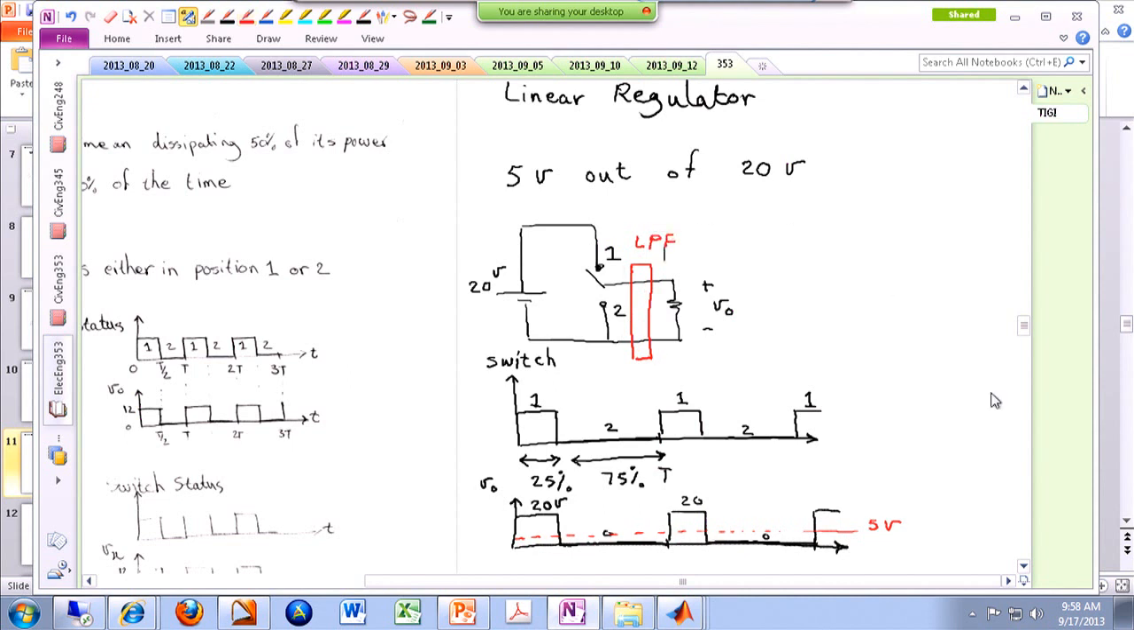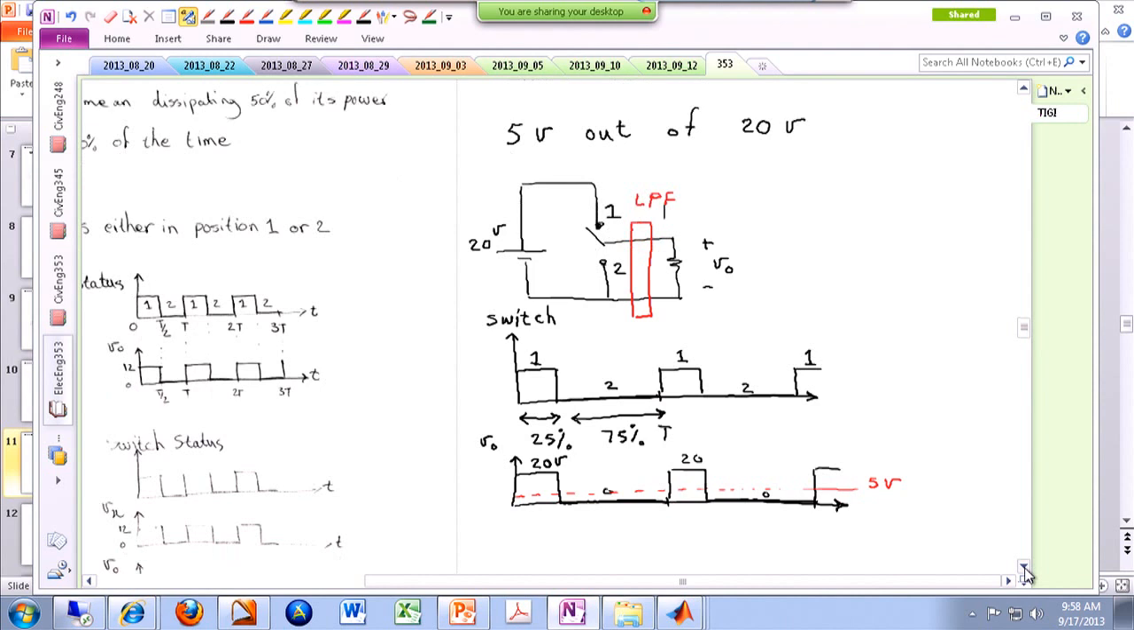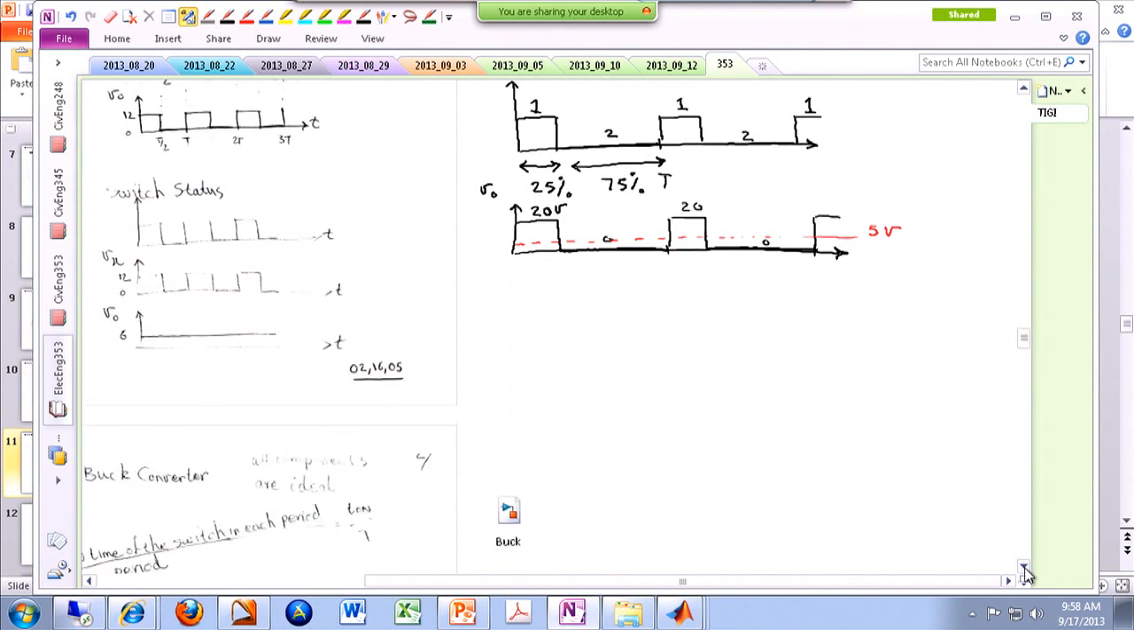All right. So what do we mean by a low-pass filter? For instance, a second-order low-pass filter looks like this. Just an L and a C. All right. So this L and C, if you design it right, are like a low-pass filter,